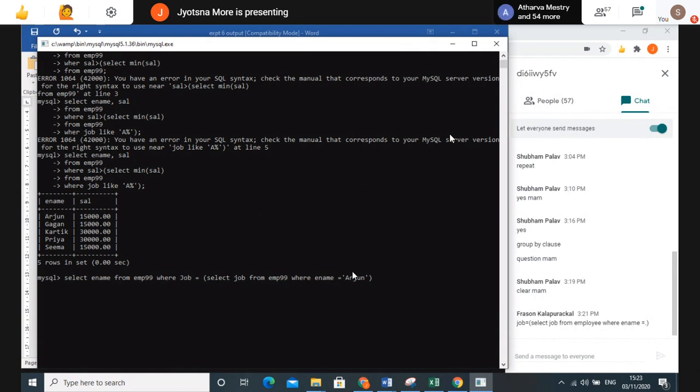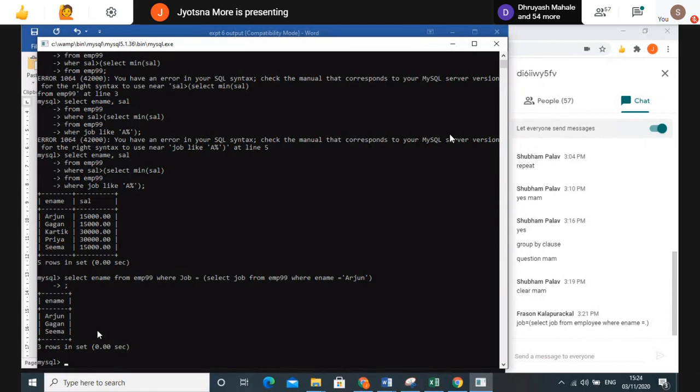We require select employee name from table name where job equal to select job from employee where e-name equal to Arjun. First I am finding the job of Arjun, which I am matching with the outer table and finding the employee names who have the same job. So I'm getting these people who are holding the same job.